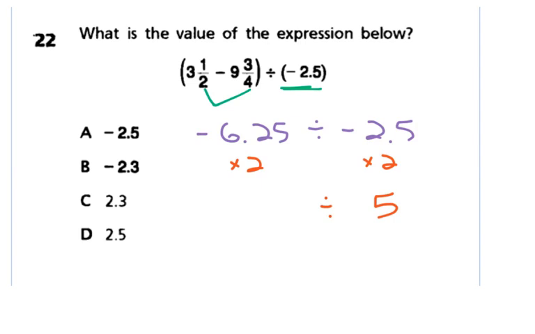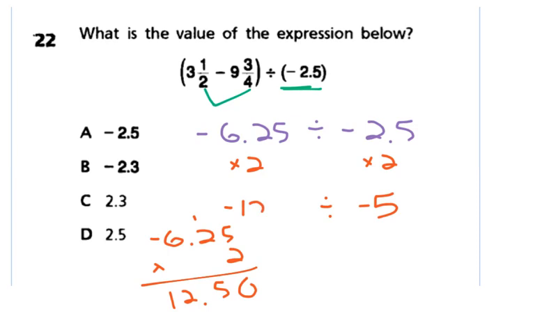And then -6.25, oops, almost forgot the negative sign. Be really careful here. That's a -5. Alright, so if I take this and I multiply it by 2, I'm going to end up with 12.50, and it's still a negative. So now my new problem looks like this,